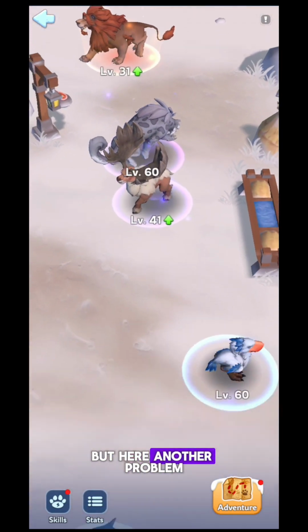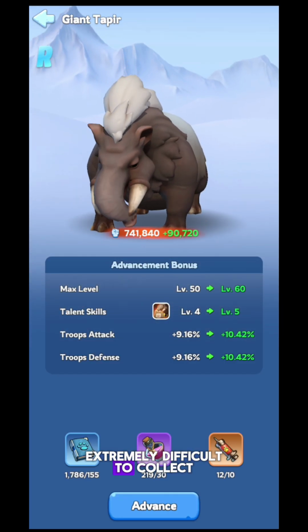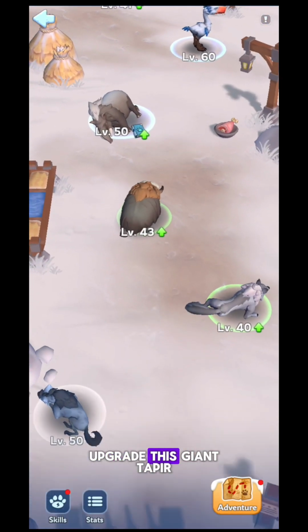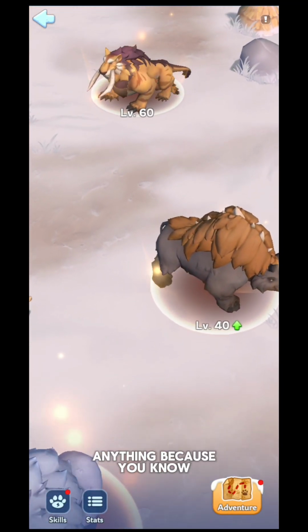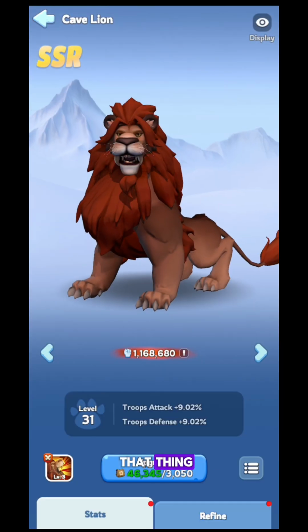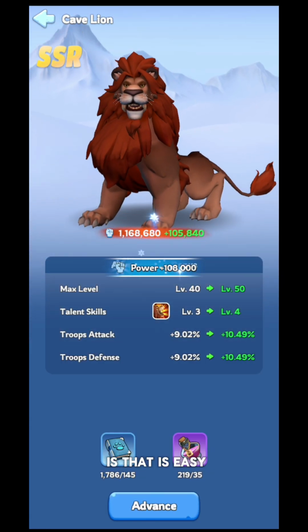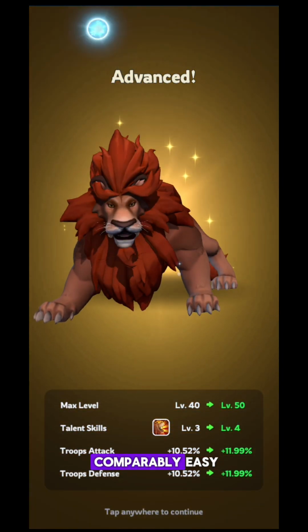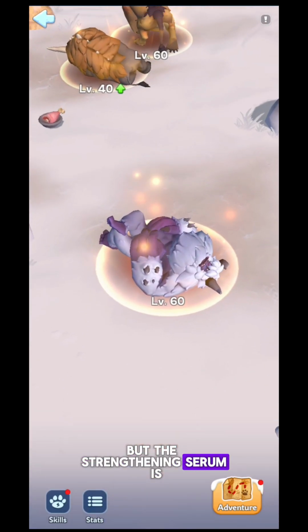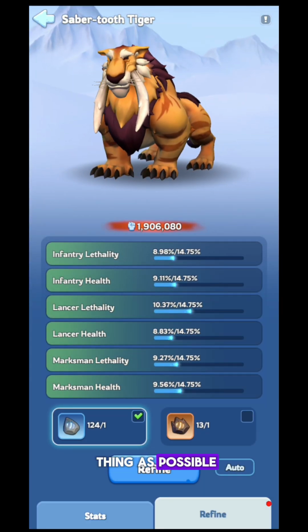But here another problem is the strengthening serum. The strengthening serum is extremely difficult to collect and there is no way I am going to upgrade this giant tapir. I want to upgrade some combat pet, but I cannot find anything, because you know the other two items, the book and the potion, are easy. I mean, nothing is easy, but that is comparatively easy. But the strengthening serum is extremely difficult to get, so I am trying to upgrade as much as possible